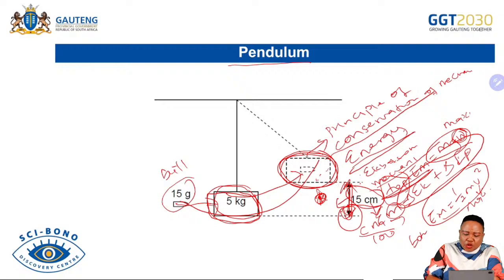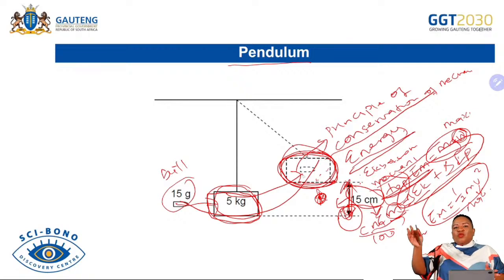Then if they ask you about the gravitational potential energy of this bullet at this point, you know that at this point we are going to use EM equals EK plus EP. Maybe sometimes they will give you the velocity of the bullet, or they will say it is stationary at the highest point. As the topics progress, there will be the next topic dealing with what will happen if the object moves and then returns. Those are the principles that we'll deal with.